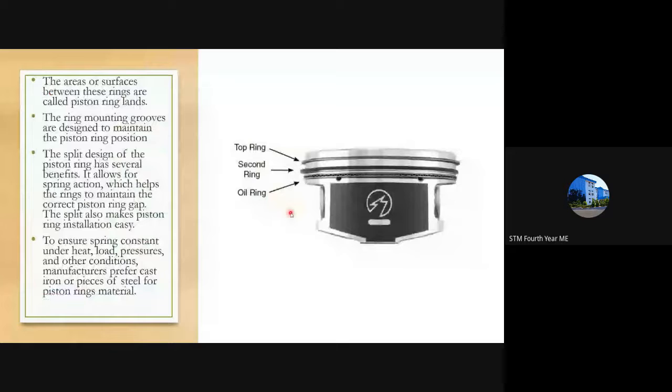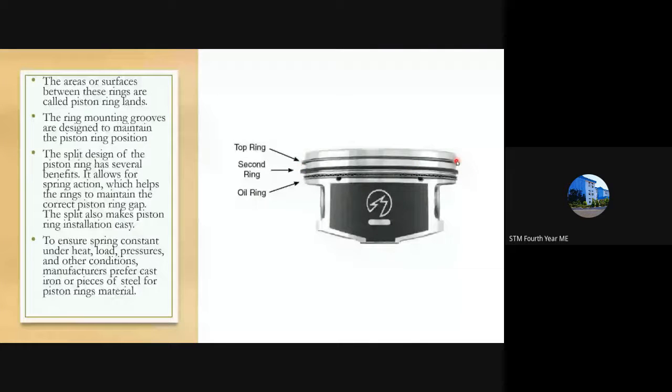Next, you can see here the oil ring. There are two oil rings here, and in between them there is an expander. This is how we will see it when we dismantle the piston, in this format. And you can see how loosely it is packed. See, the rings are not tightly packed. It is expanded sideways.